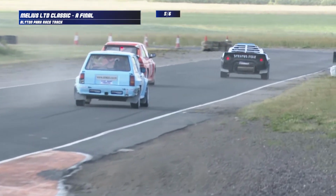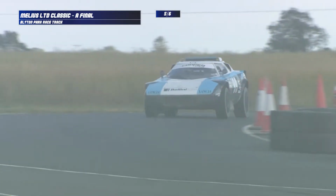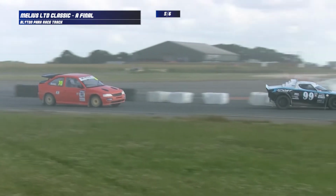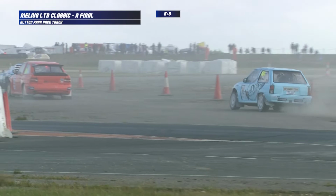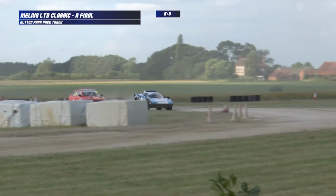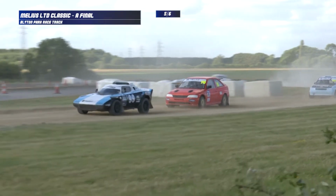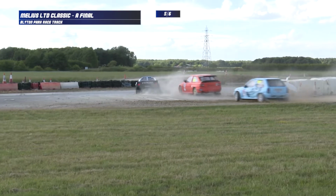Richard Maroney is closing on our race leader, meanwhile, John Cross. They've reeled the Stratos in. Incredible little 70s rallying icon, the original Lancia Stratos. Up on 2 wheels there, David Attiwell in the Nova, nearly lost it. We've already had a couple of rollovers today, one in the BMW Minis and one in production. We don't want another. It's a good run by Richard Maroney, a great run by Attiwell up there fighting for